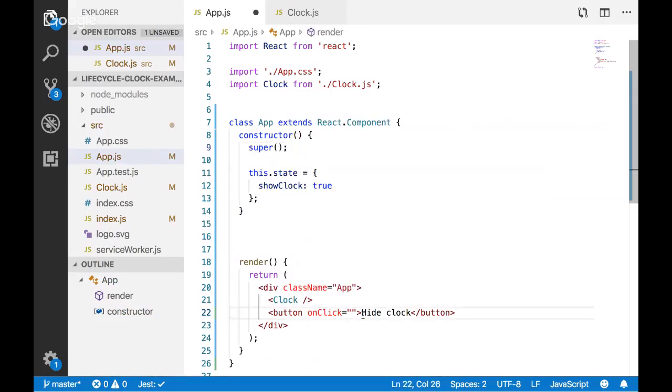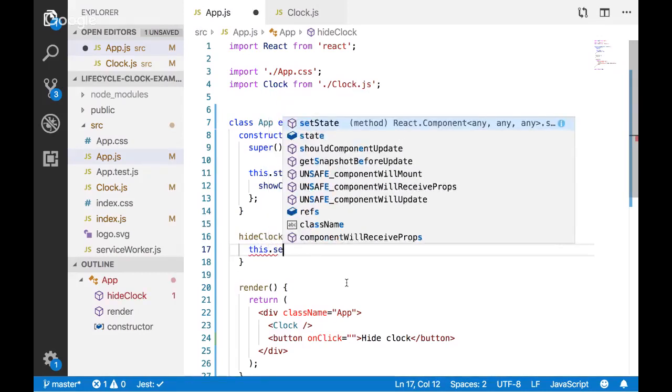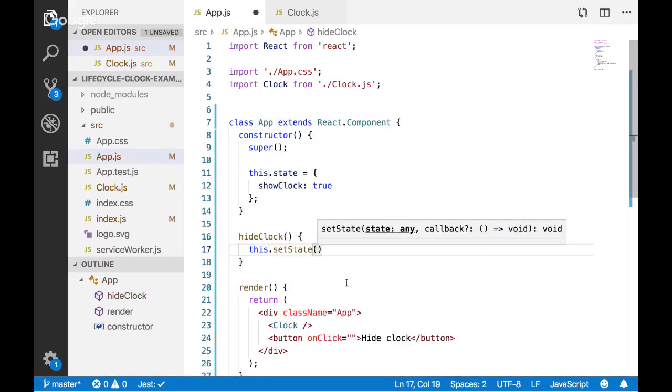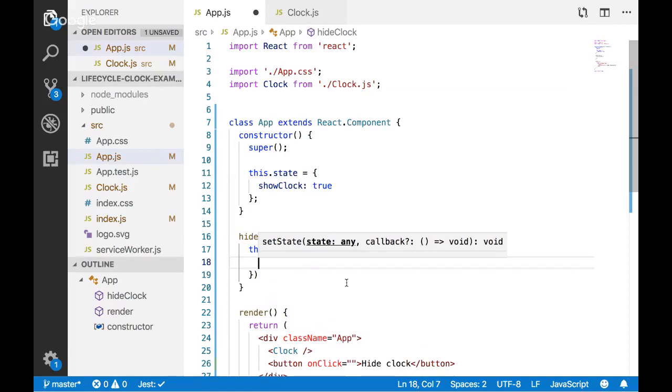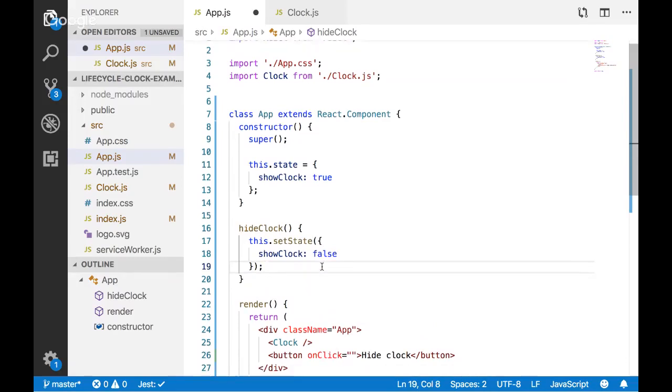So when this is clicked, I want it to hide the clock. So I'm going to create something here that'll just be called hideClock. Very simple. And what I want to do is set the state to be showClock false whenever hideClock is called.